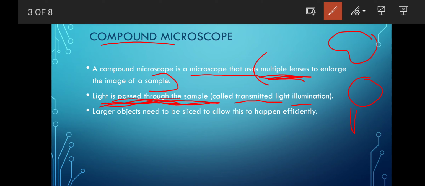Whenever this light passes through, the enlarged image that is formed we can view through the eyepiece. You should know the basic parts of the microscope. Then, large objects need to be sliced to allow this to happen efficiently.